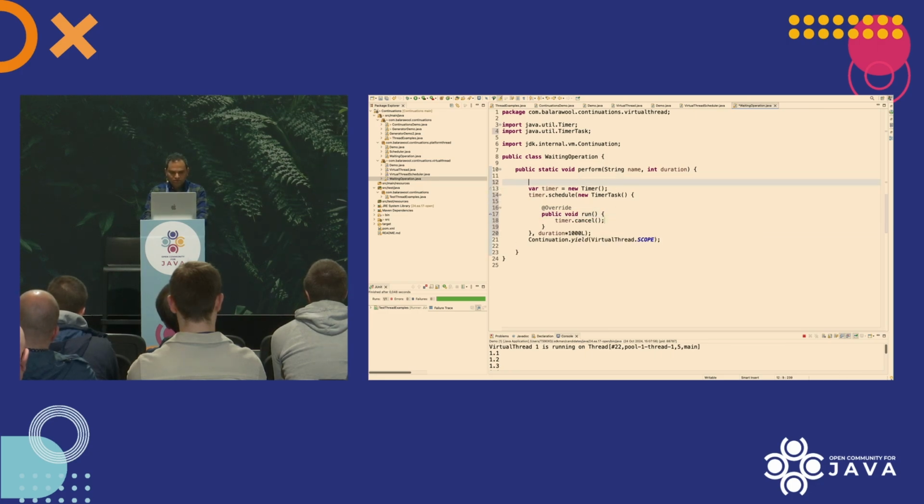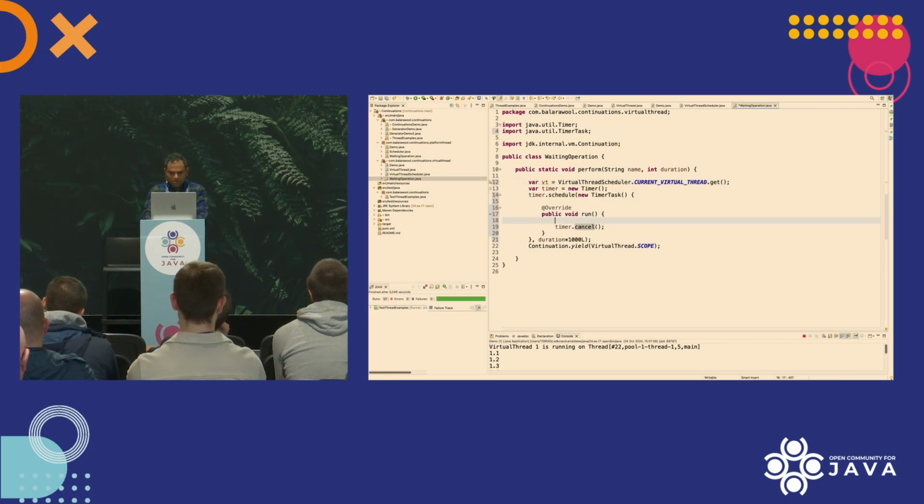And then I actually want the virtual thread which is currently executing here, which would be virtual thread scheduler dot current virtual thread dot get, and then I'm going to schedule it onto the scheduler here. So that would be VT.